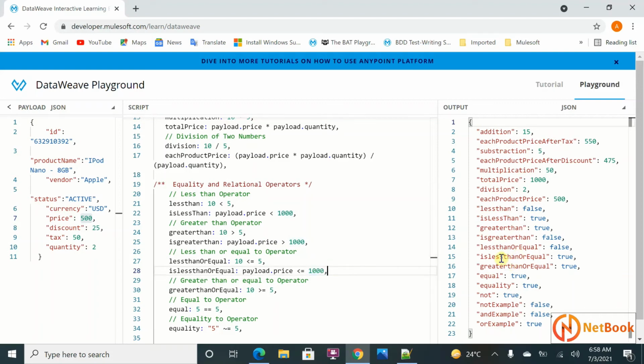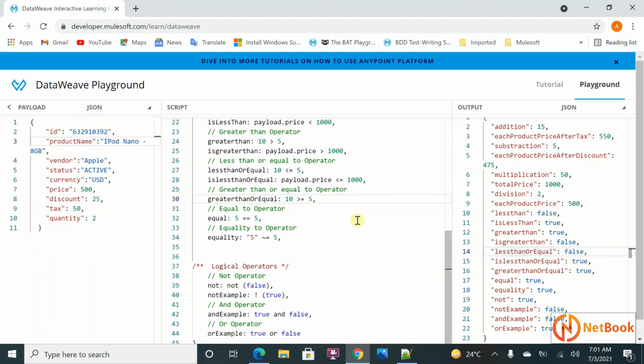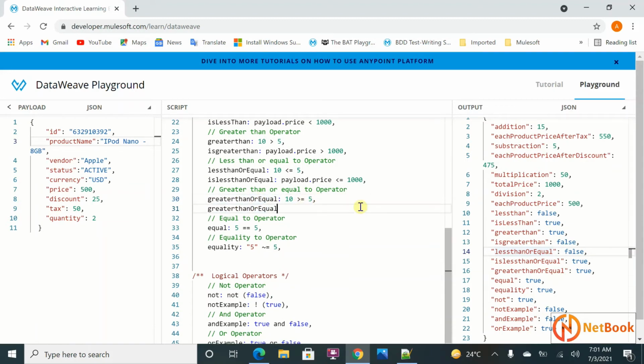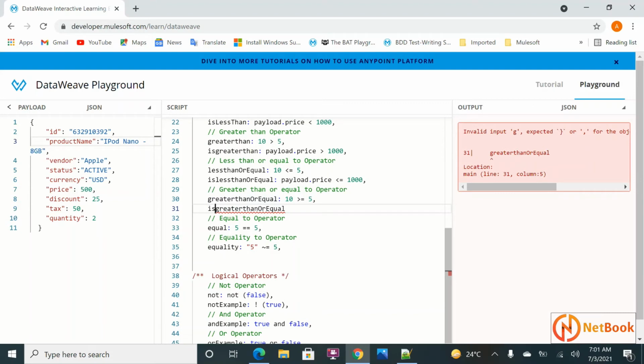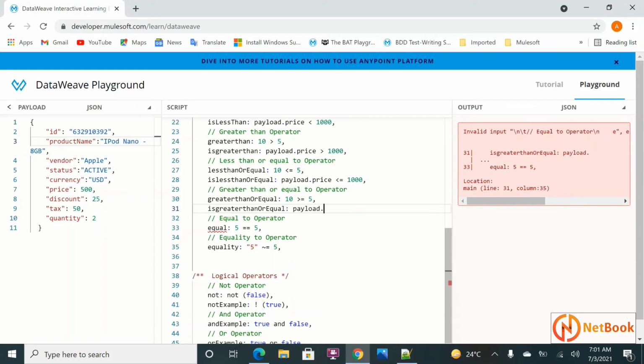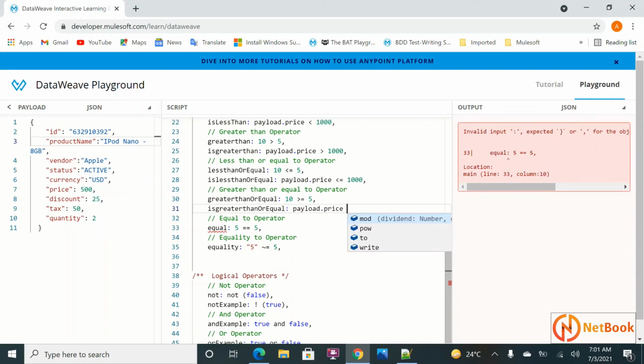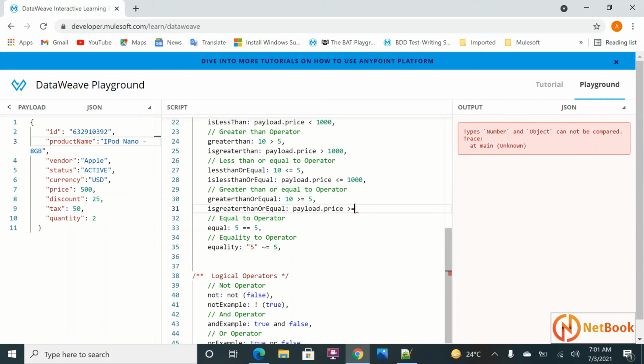That's why you can see less than or equals is returning true. Let me discuss now greater than or equals. So payload dot price greater than or equal to 1000.